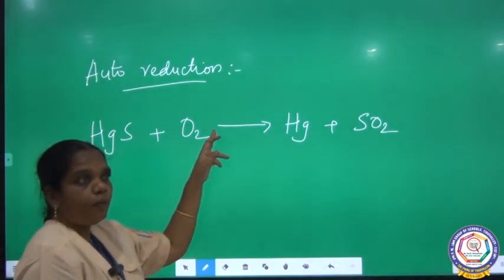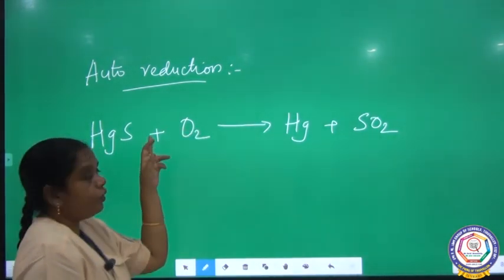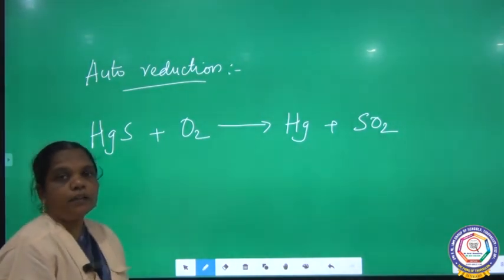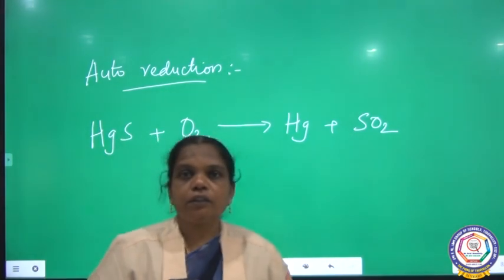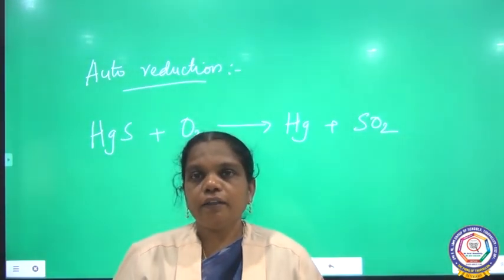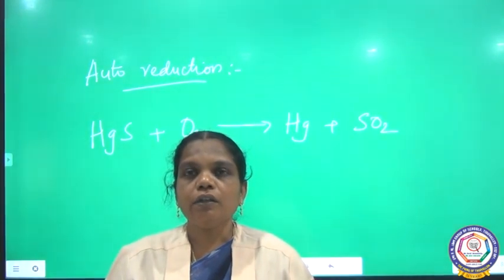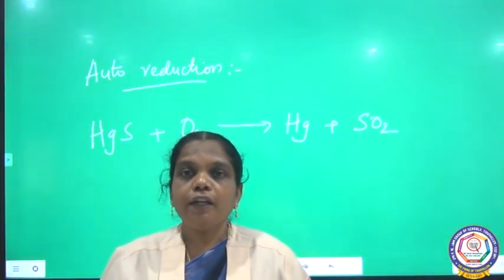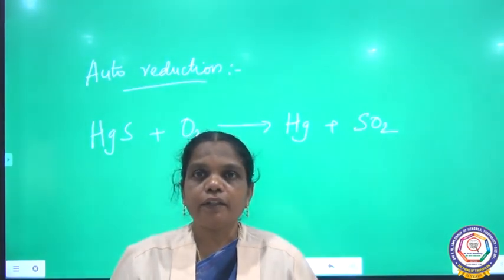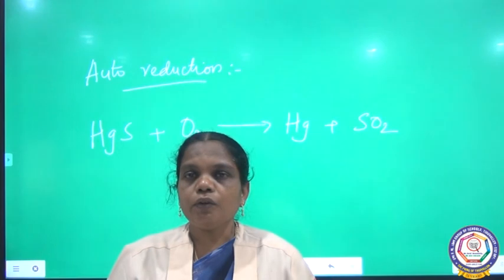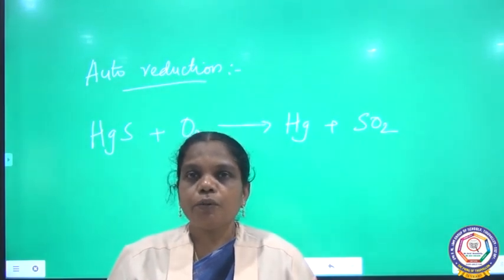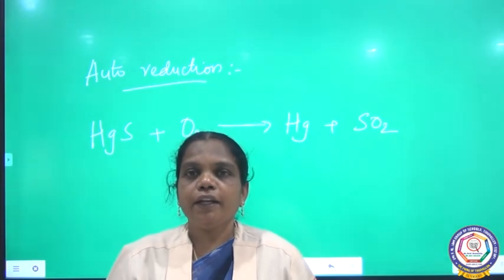So these are all about the reduction of metal oxide into crude metal. Now children, you have learned the various types of reducing agents, and in the next class you are going to learn about the refining of crude metal. In the reduction process you get the crude metal. From the crude metal you want to purify. That purification takes place in the refining process.